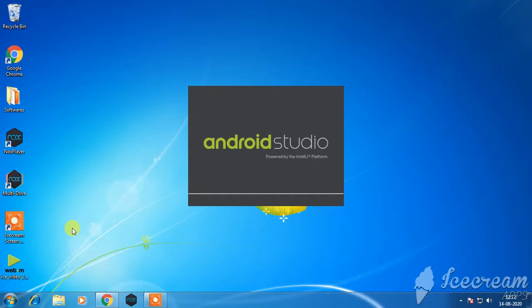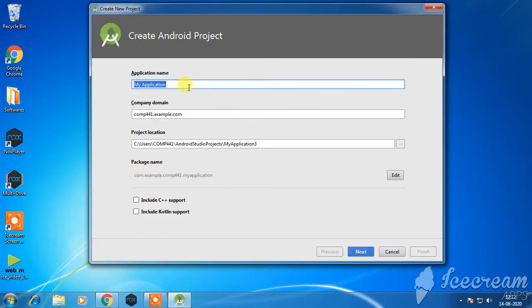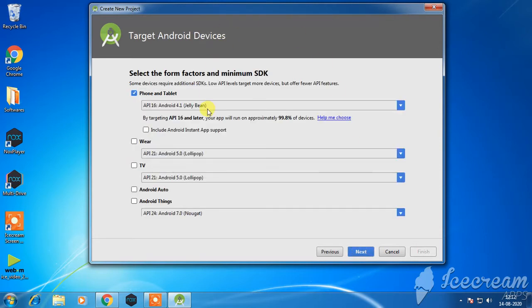Here I am going to start my application, the name is demo1. Click on the next button. Here I am using Jelly Bean, Android Jelly Bean. Click on next. Empty activity, click on next. Main activity, the activity name is MainActivity. Click on finish. It will take some time to Gradle it.